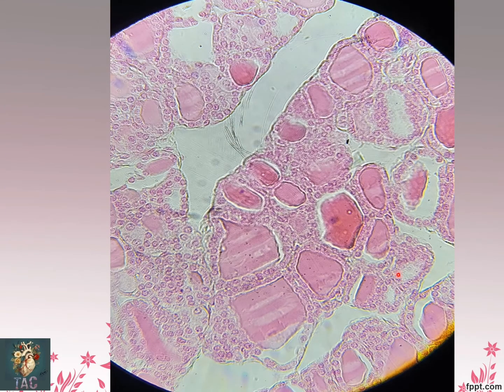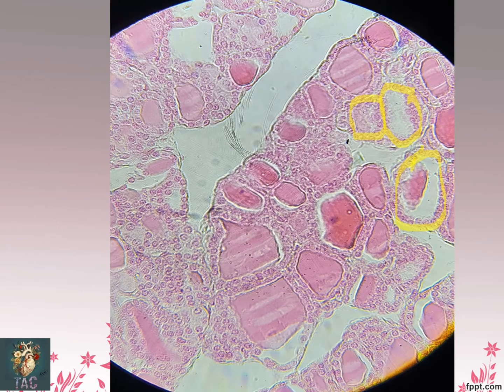Now we move on to simple cuboidal epithelium. This is the slide taken from the thyroid follicles, and these thyroid follicles are lined by the simple cuboidal epithelial cells. So look at these cells. This is the lining of one follicle. This one is another follicle, and this is another follicle. So please concentrate on the shape of the nuclei. These nuclei are spherical and centrally placed, and this is a single layer. So this is simple